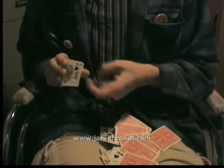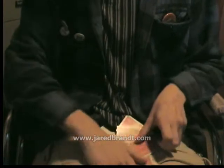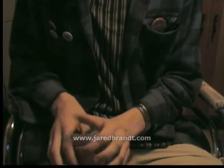Okay, they're just going to be coming off your fingers. If you hold your thumb low enough on the cards, they won't come off your thumb. You want to control which way they go. Either way, whether you want to do it thumb or fingers, it's up to you. And then once you can do that, and once you get that down,